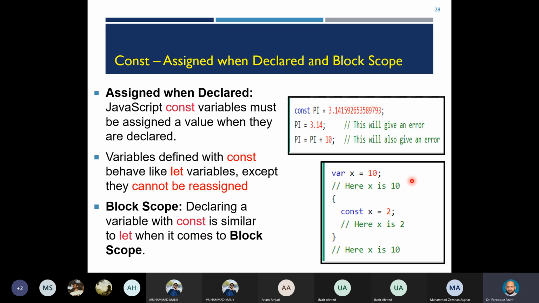ओके, देन अगर कांस्टेंट और वेरिएबल का क्लैश आ जाए आपस में, so then what happens? Variable defined with constant behave like let variables except they cannot be reassigned. तो अगर हमने एक ब्लॉक स्कोप में कांस्टेंट को डिक्लेयर किया है तो ये भी कांस्टेंट बाहर विजिबल नहीं होगा, जैसे लेट विजिबल नहीं होता। लेकिन लेट को आप री इनिशियलाइज कर सकते हैं,